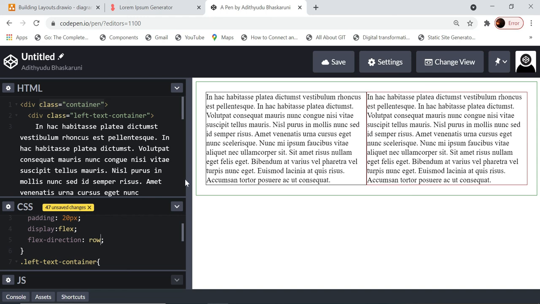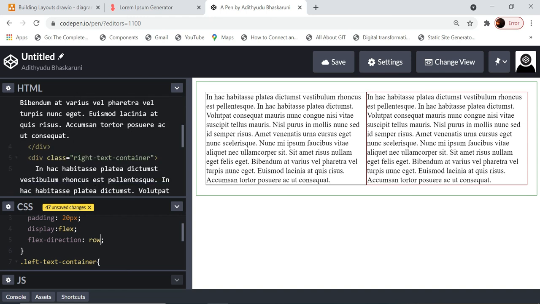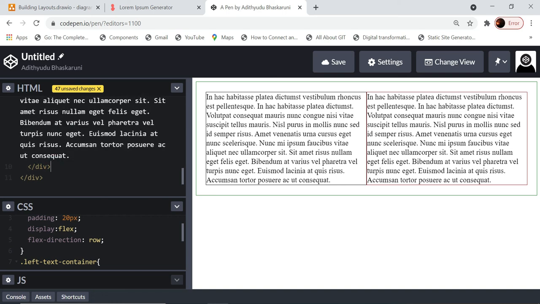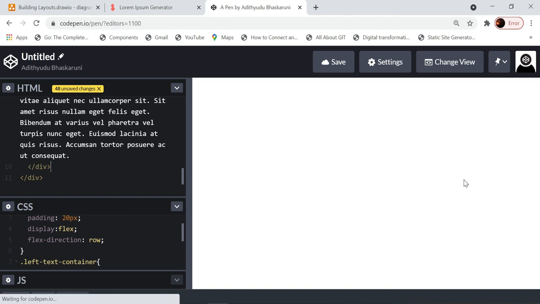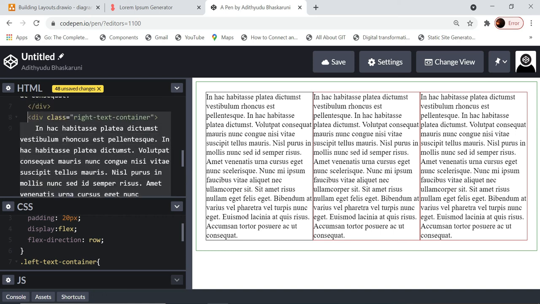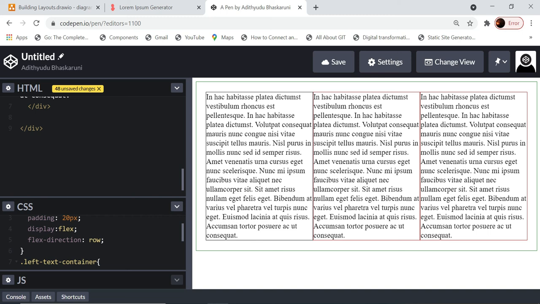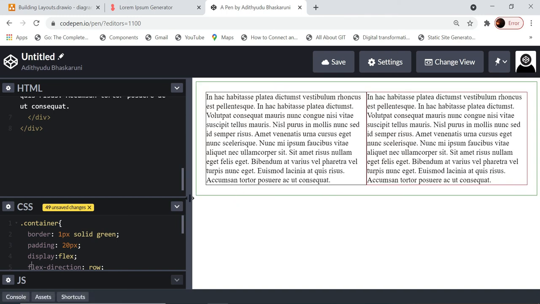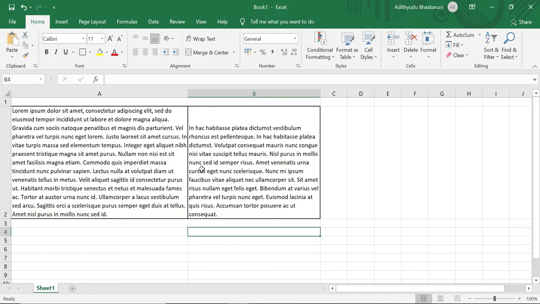Even if you add, let us suppose, one more div, that div also gets aligned row wise. See, they just got aligned row wise. That is how Flexbox works. All the child elements which are part of the container get aligned row wise. That is what we have mentioned here, and that's how we have achieved this layout.